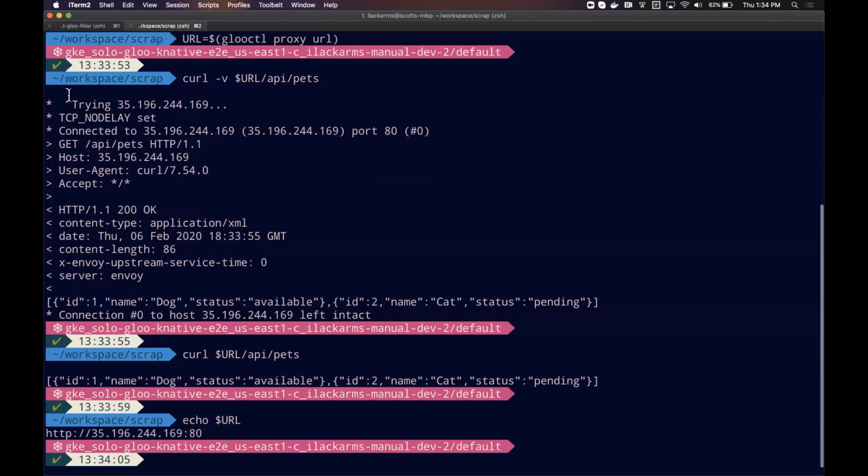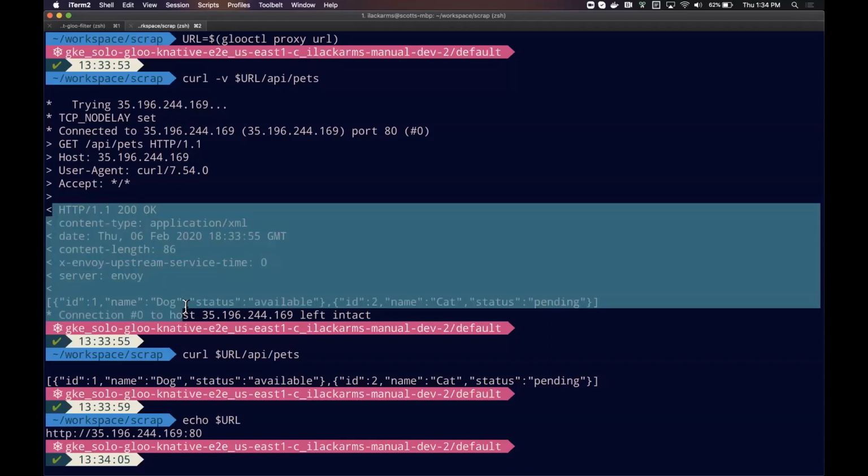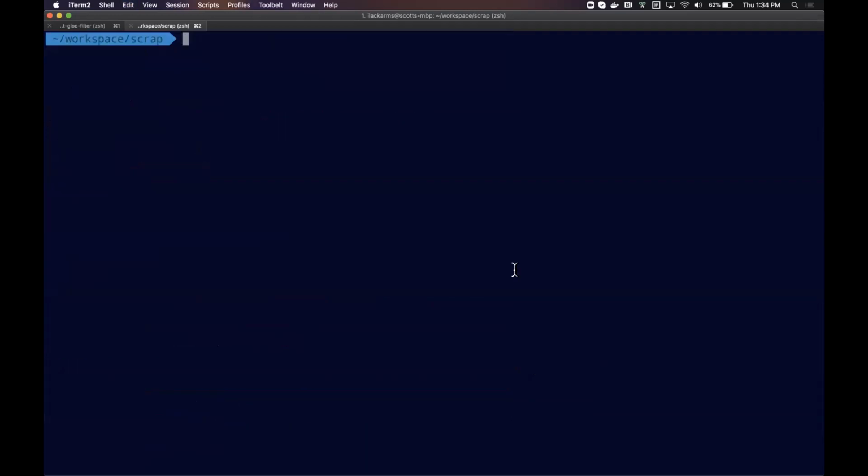Anyone who's not familiar with this, essentially this is output from this curl command, which sends requests. We see the request headers and then the response back that we got from Envoy, which went through Envoy to our pet store. So if I clear that, let me show you how we can actually extend the functionality now